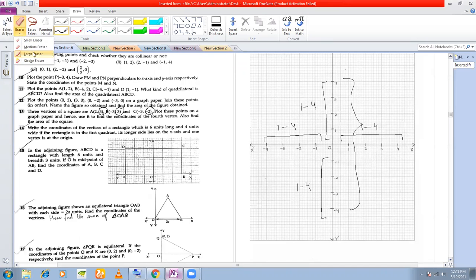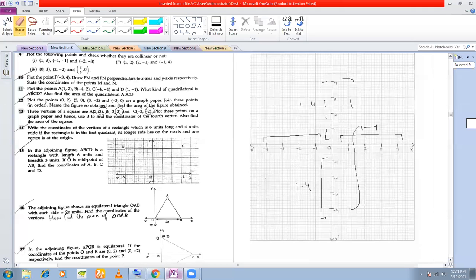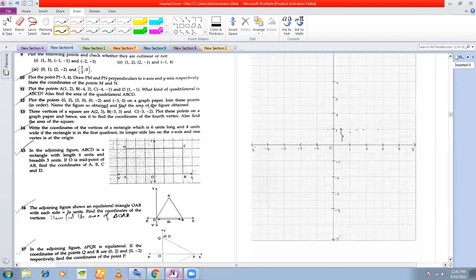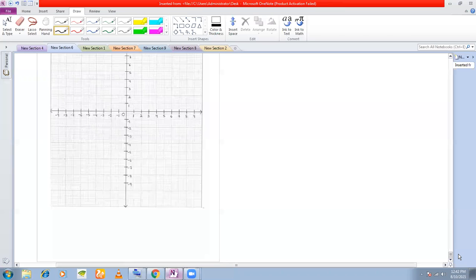Out here, how many divisions have I taken as 1 unit? 10 divisions, right? 10 divisions I have taken as 1 unit. So this is a bigger scale and this graph that you see is a smaller scale. Why? Because I've taken this as 5 divisions, isn't it? So, sir, it is always better to use a bigger scale, because if you use a bigger scale, you will get a bigger figure and your diagram will be accurate.